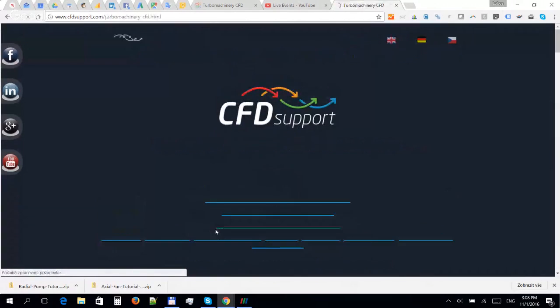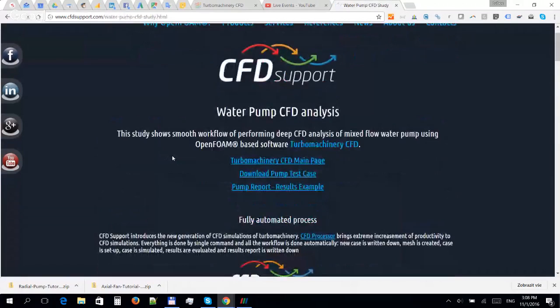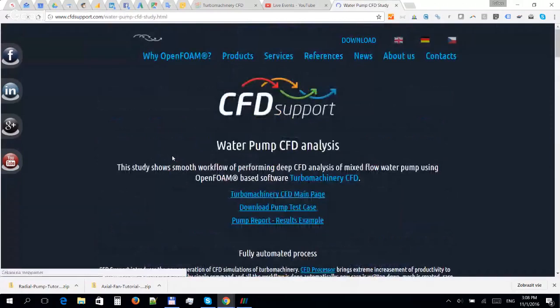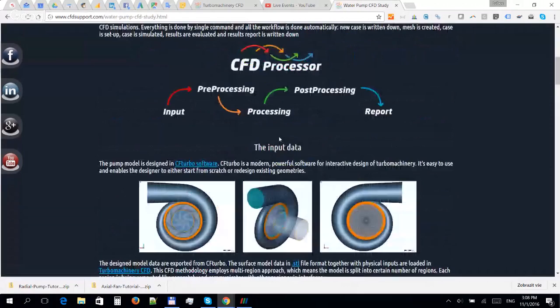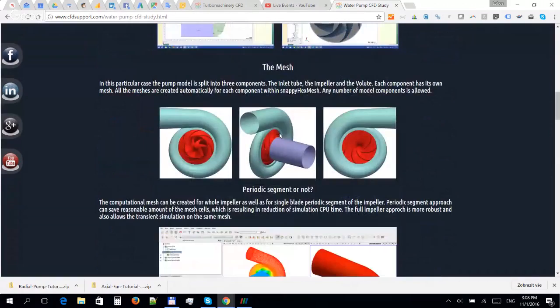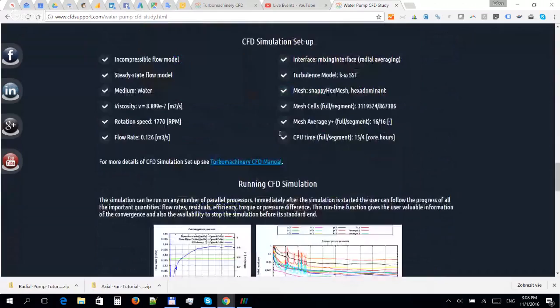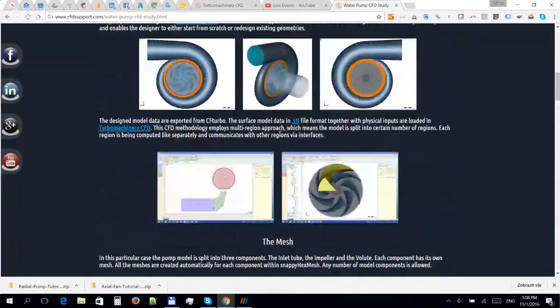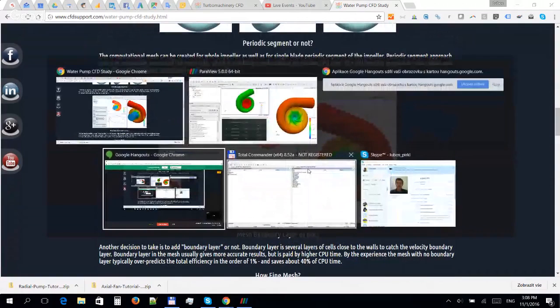for example, in products, there are some examples. What we are going to do today is the Radial pump. So this particular Radial pump has its study on our website. You can click on it. This tutorial has its web page where you can see the example of use, a little bit about the workflow and about the results. I'll go back to the